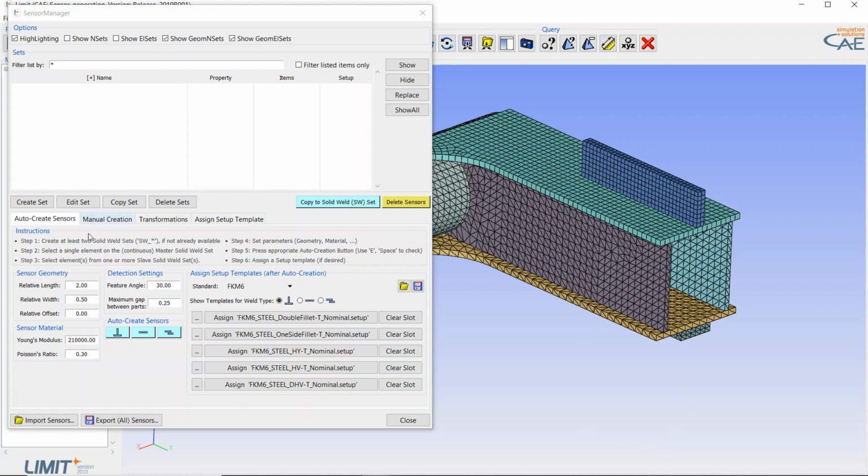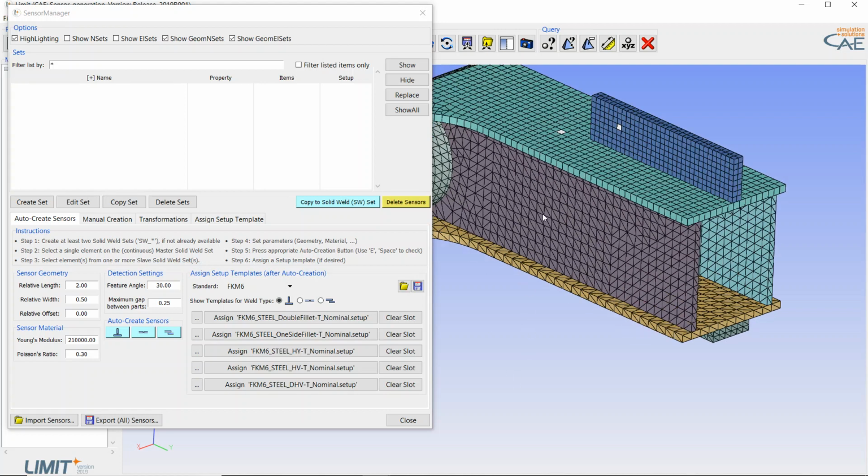For T-junctions and for overlap welds, we have a continuous sheet, and we have a sheet that actually ends at the weld. For T-junctions, this is clear. We have this continuous sheet, and this has to be selected as the first sheet. And then you select a second sheet by simply clicking an element on the rib. Now, doing so,